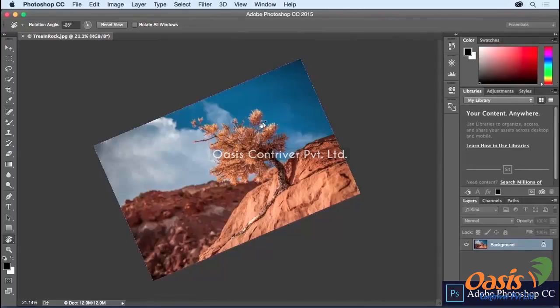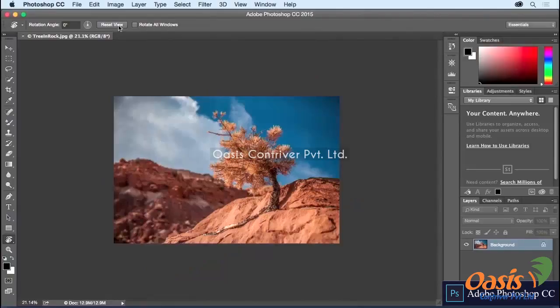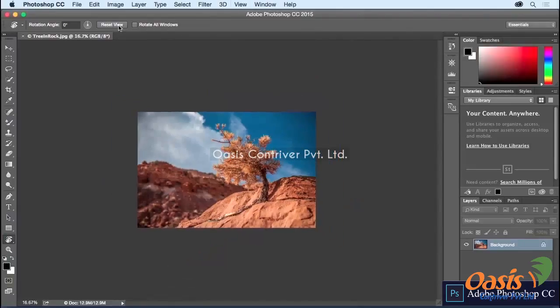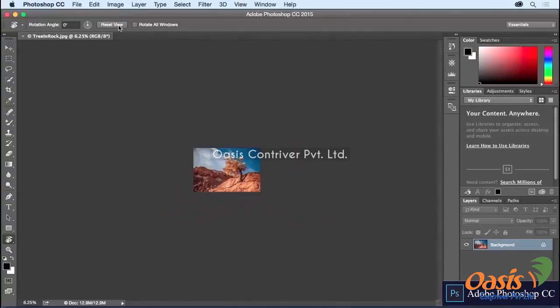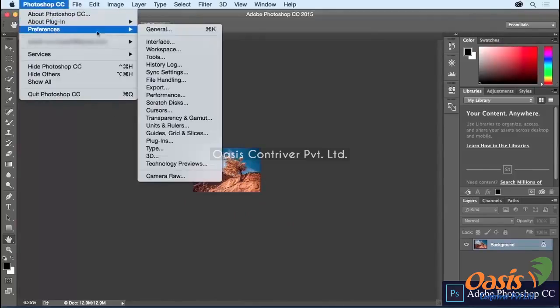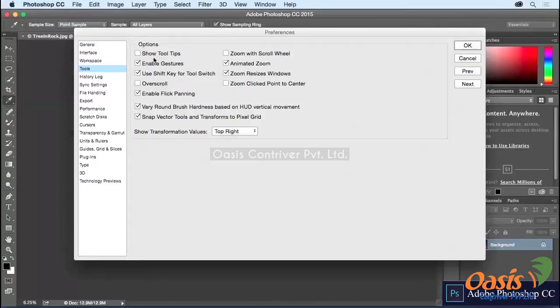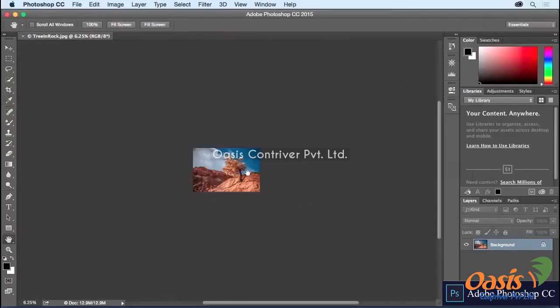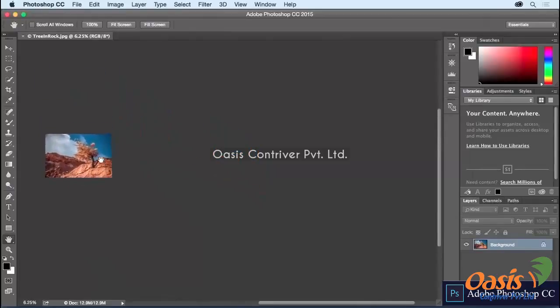If I want to reset the view, I can click on the reset view icon right here. And one last preference before I wrap up: I'm going to use Command - to zoom out on this image. But I would also like to see this image in the upper left hand corner. Even if I select the hand tool, I can't actually drag it anywhere. It's going to stay centered in the preview, unless I select my preferences and then tools and then enable the option to overscroll. Now when I click OK, you can see that I can reposition this anywhere I would want